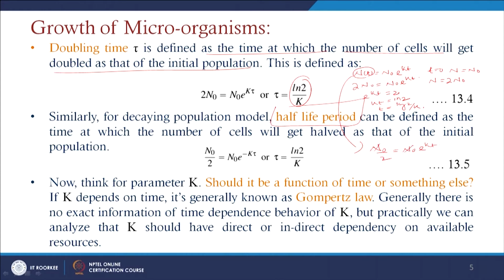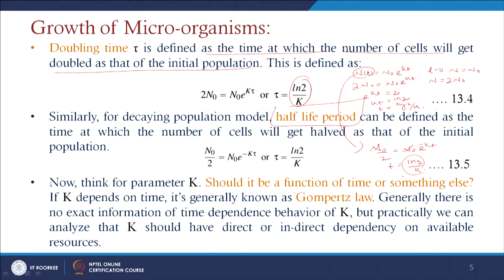So, if you cancel it out, then we can find t as ln2 by k here. Since if you see here, that is a half, and this is like minus kt, it should be present there. So, that is why we are finding this ln2 by k, if it is half.